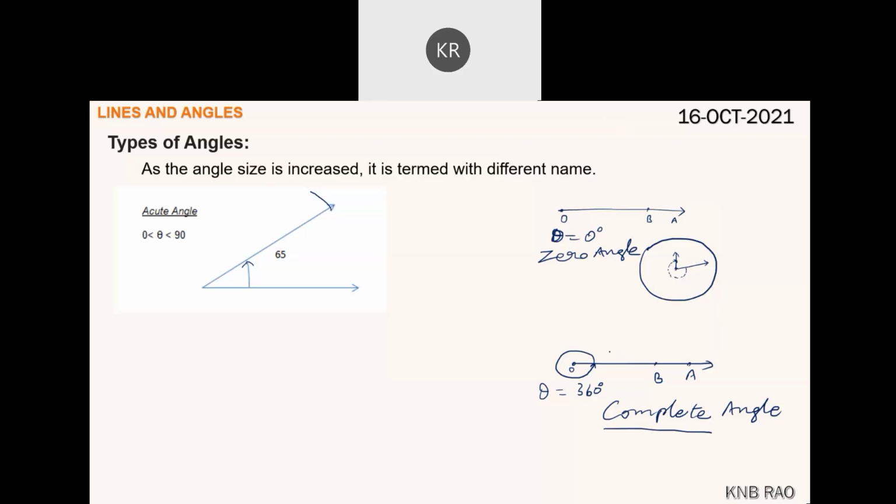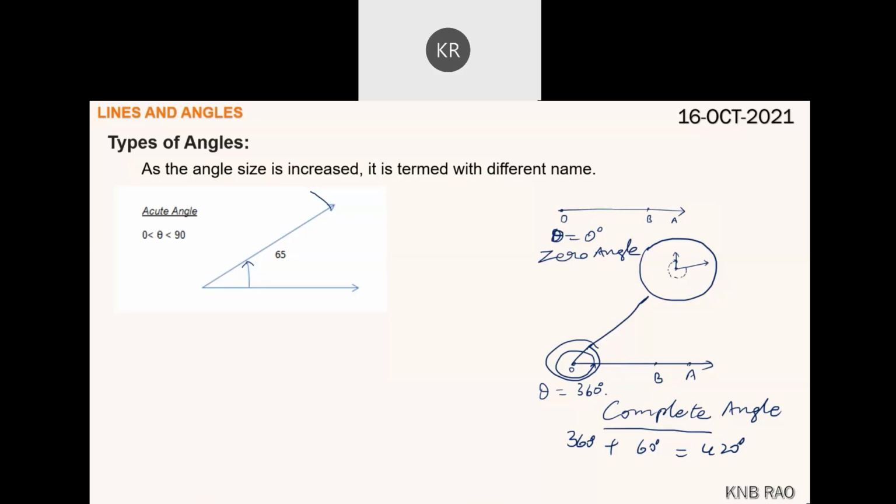So we can have arms moving more than 360 degrees, but the angle will be seen as 360 degrees plus something, let's say 60 degrees. That means it has rotated 420 degrees. It has rotated a full 360, then came here. So these 420 degrees is one rotation plus 60 degrees.